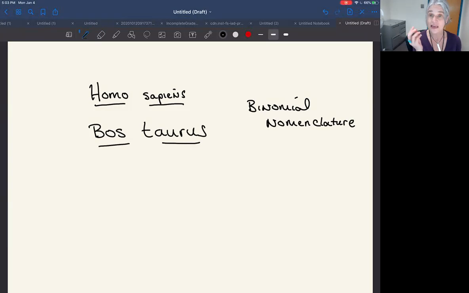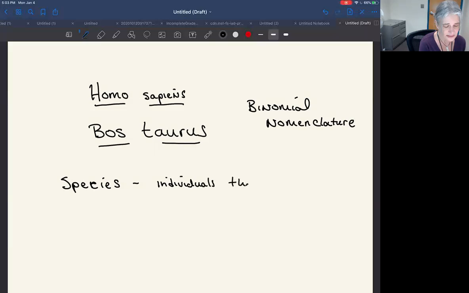And so there is a system upon which we have classified organisms so we can better study the diversity of species. Now, species is really the only level of this taxonomic hierarchy that has a biological basis. So when we talk about species, these are individuals, by definition, that can potentially